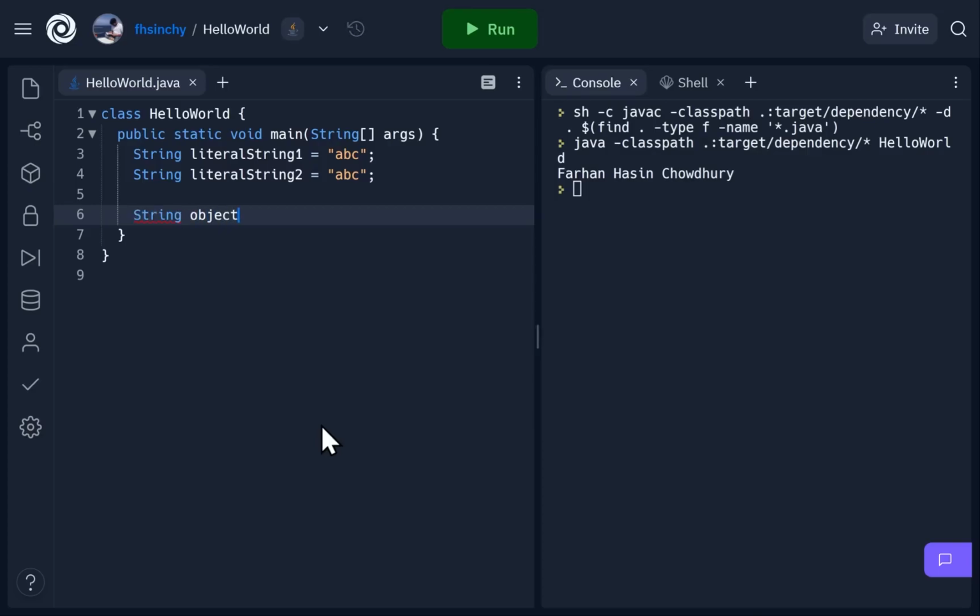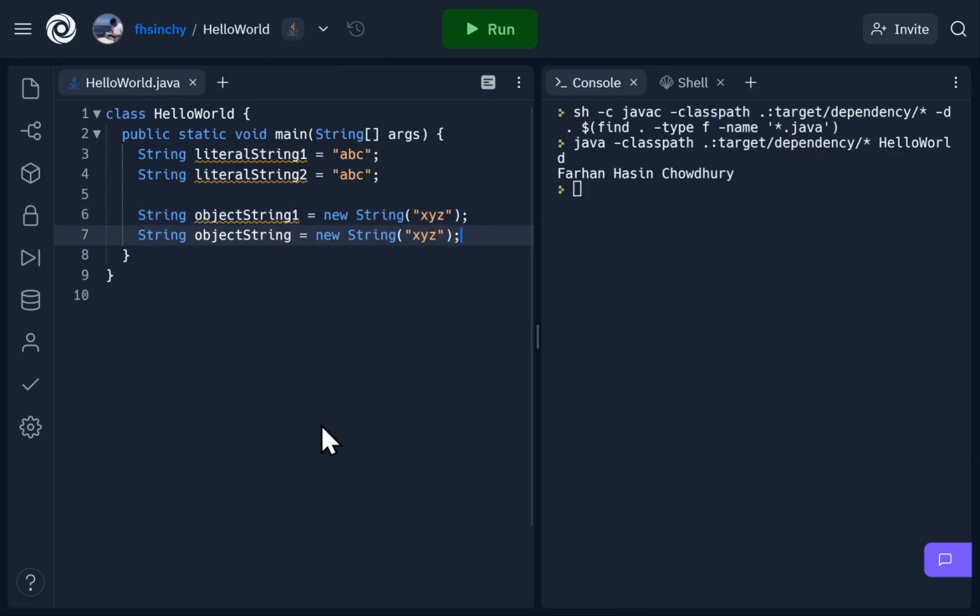Now object string equals new string, maybe EFG or XYZ. So I'll make a copy of this string, change its name to object string 2 with the same value. Now if I compare these 4 strings with each other like this,